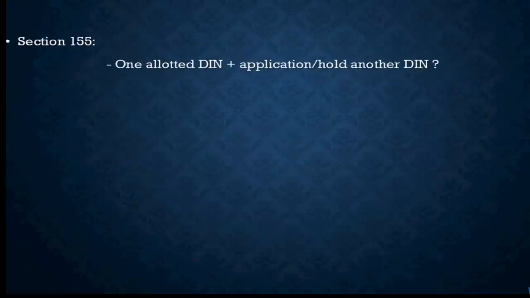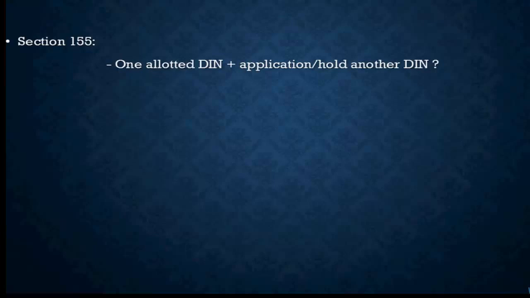So moving on, before section 156, first we talk about section 155. Section 155 says that a person will hold only one DIN at a time, and at a time means for lifetime. But he can have another DIN if there is something major changing, and he has to surrender the old DIN and apply for the new one. But that is a very rare case, because once a DIN is allocated to a person, that is his identification number with which the Central Government or the MCA site recognizes the person, and they keep an entire directory of the person referring to that identification number, right?